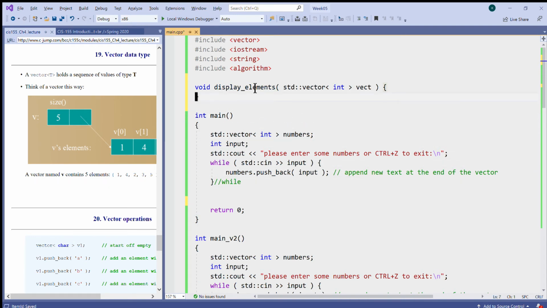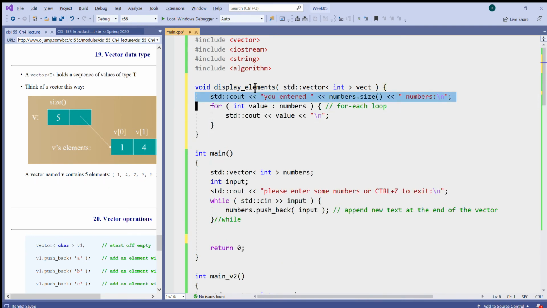So I'm moving what you entered, and now it's just a generic vector. For each value in vect of size, numbers, value in vector, and print the value, right? So I changed the name of the vector here, here, and here to keep it generic. So now, instead of doing everything inside my main function, I can call display elements,